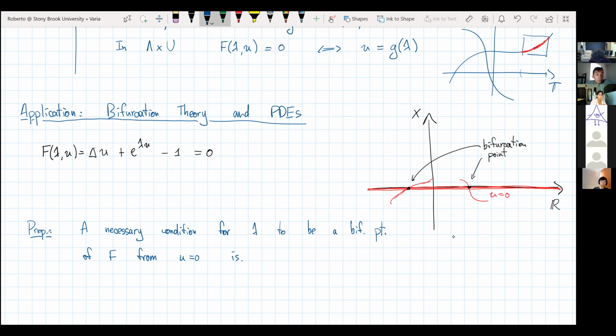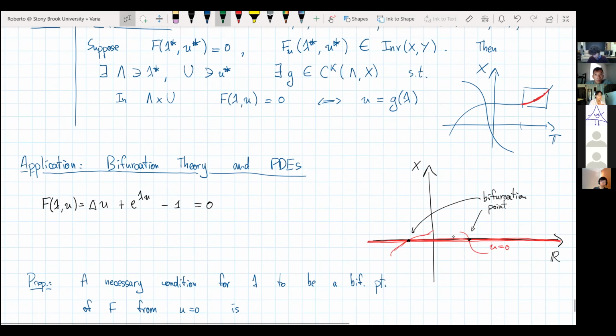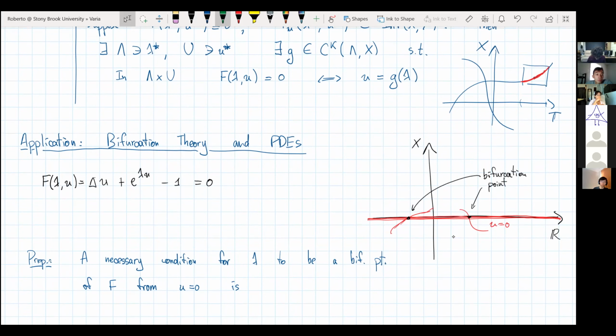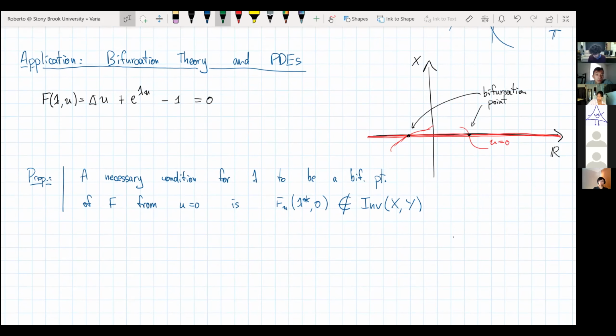is that, well, the implicit function theorem must fail, and really the only way it can fail is that this condition is not true. So we need that f_u at lambda star, 0 is not invertible. If f_u is invertible, we cannot have a bifurcation point, because locally we have the graph of a function, so there is no other branch coming out. And the thing is, okay, if we only had that, we wouldn't know much. But